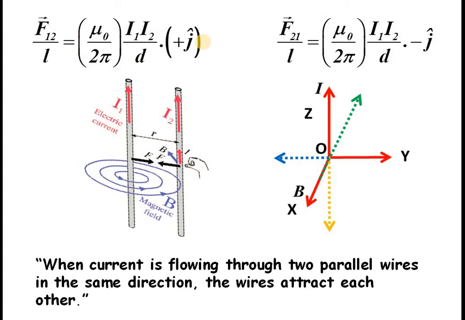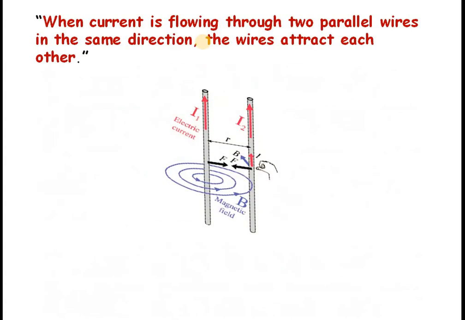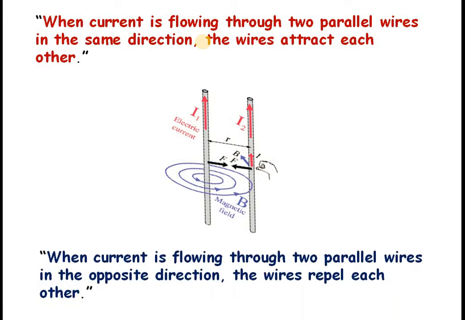Okay, so obviously if you go the other way, if two parallel wires are carrying current in the opposite direction, then the wires will repel each other. This is completely opposite to the electrostatic phenomena, in which we studied that similar charges repel and opposite charges attract. But here the situation is the contrary.